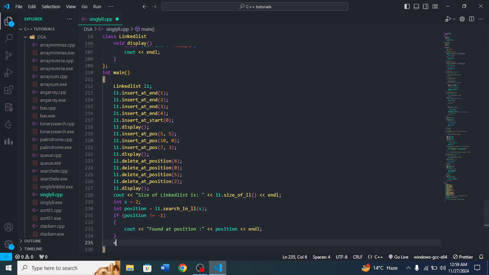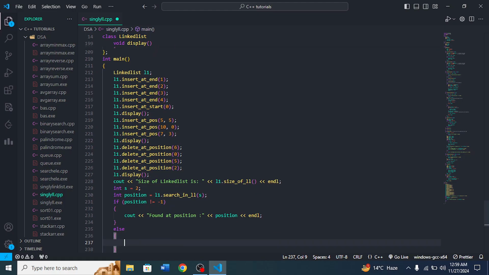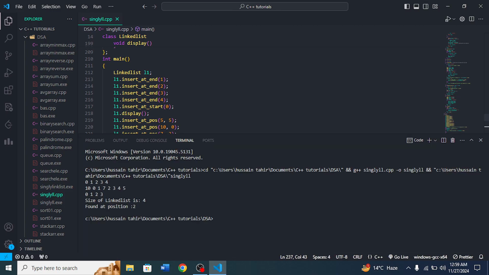And if that is not the case, what we need to do is that we need to simply cout data not found. Yeah, so this should be it. So now let us check. Yeah, so 2 is present at position number 2, 0, 1, 2, 3. Yeah,